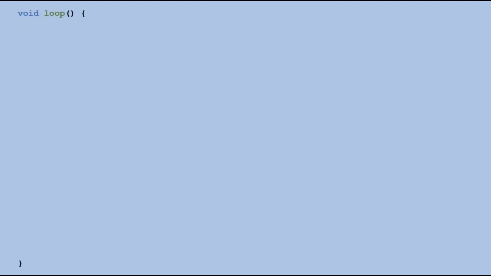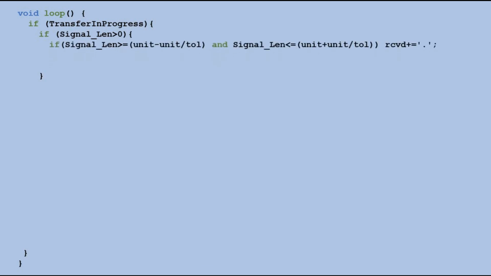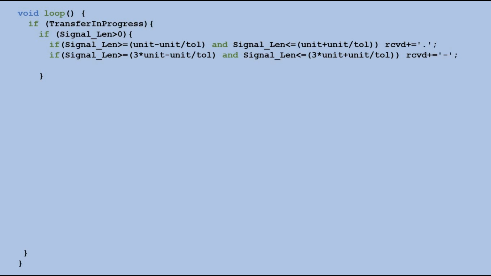In the loop function, if the transmission is in progress, we check if the interrupt service routine detected incoming laser signal. It is detected if the signal length variable is greater than 0. In this case, we check if the detected signal length is equal within tolerance to 1 unit. In this case, we add dot symbol to RCVD string. In the same way, if the signal length is equal within tolerance to 3 units, we add dash symbol to RCVD. After processing the signal, we reset the signal length back to 0, so it is ready for the next